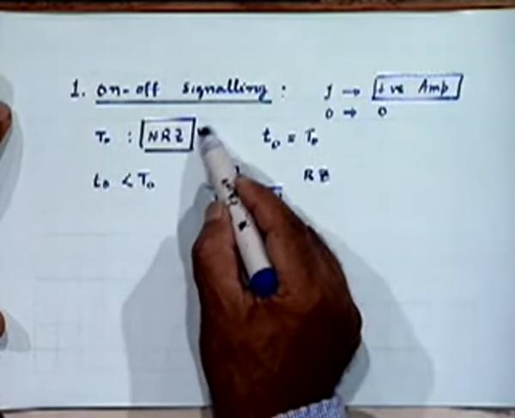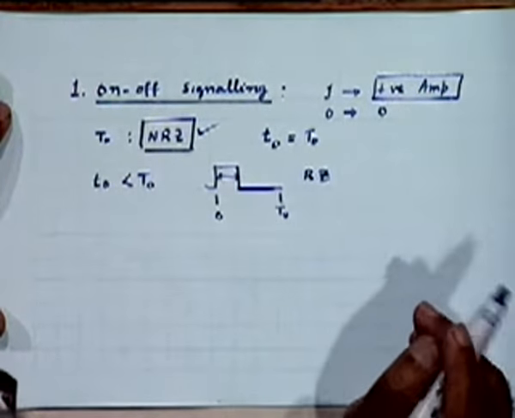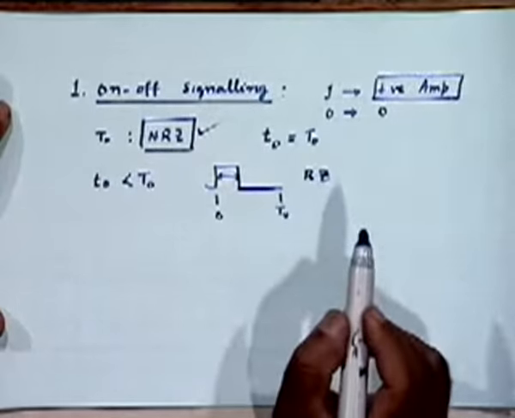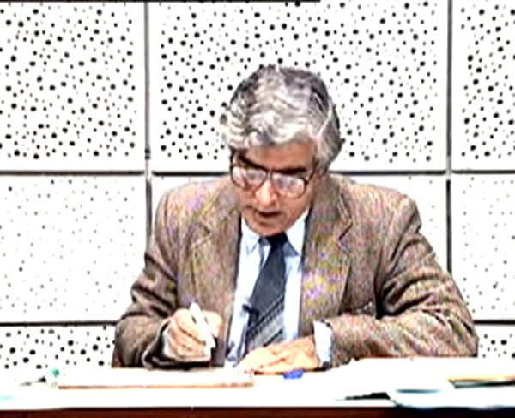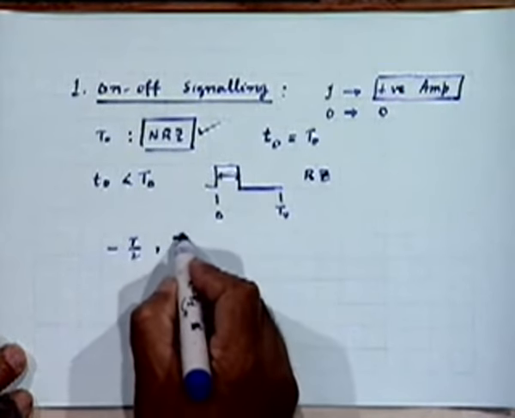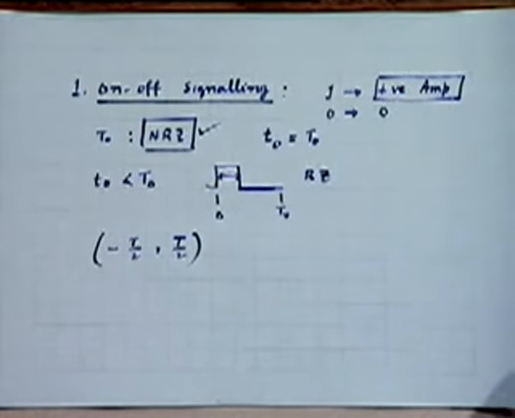So this is a general definition of NRZ. We discussed only a special case of that last time when we discussed polar schemes. But this is the general case of non-return to 0, and this is what is called return to 0. We'll consider both of these under the class of on-off signaling first. Now remember, we have taken for our analysis an interval from minus T by 2 to plus T by 2, and then of course we are making T tend to infinity.